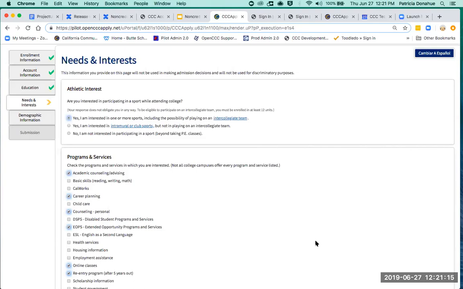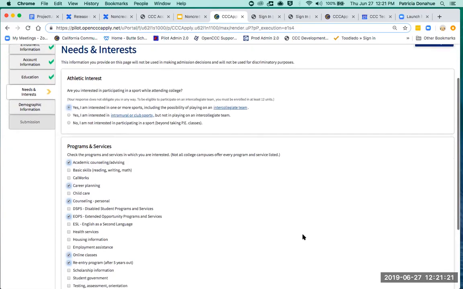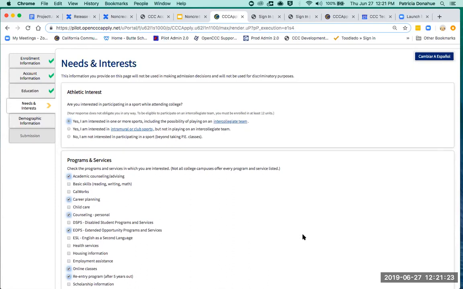So though I believe at least 90% of colleges are using the questions on the needs page to trigger rules, to trigger email rules, or just to capture information that's very valuable to them, this page is now optional. And as soon as we get done with this, I want to just point out the